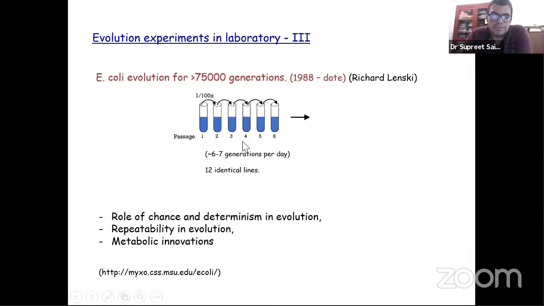So this experiment has been an excellent model system to understand that, because when they did the experiment, they did not just do this experiment once, but there are 12 independent and identical lines. This experiment is being done a dozen times independently in parallel. So flask 1 is being propagated every day, flask 2, and so on and so forth till flask 12. So do all 12 lines behave identically or do they diverge is something that is of interest. And we have learned a lot about this particular question from this experiment.